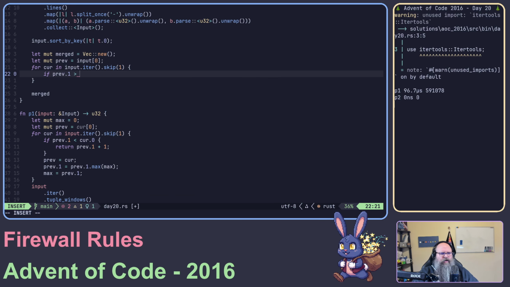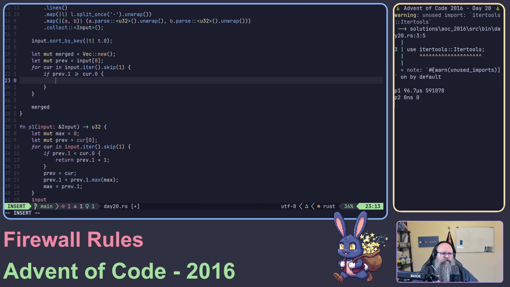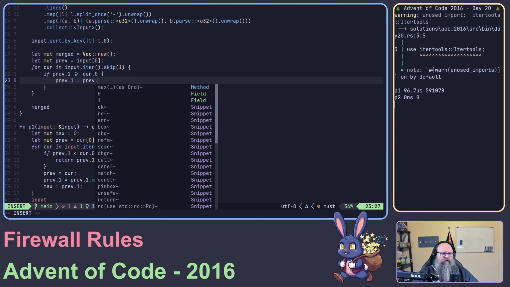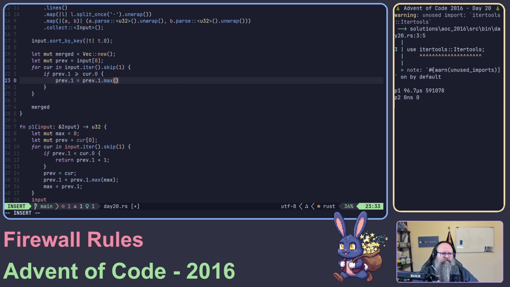So if prev.1 is greater than cur.0, I should do equal as well, right? Then we know we're just appending to the thing. So it's like prev.1.max, or prev.1 is equal to prev.1.max of